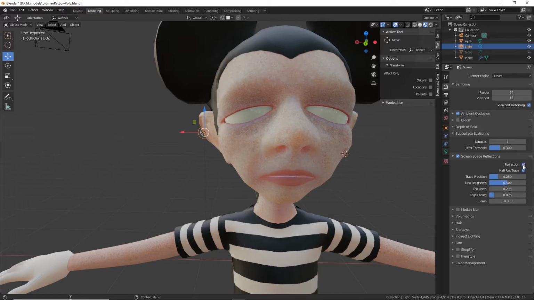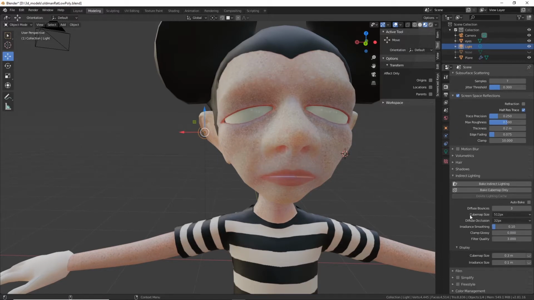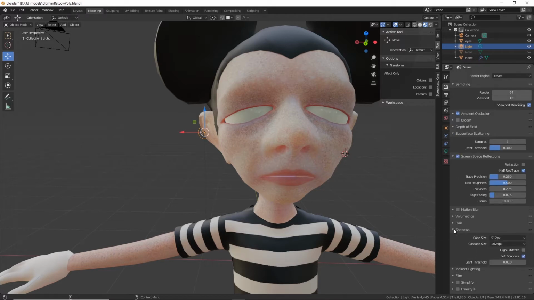No. It's not refraction. There was a setting. Let me look again. Could be that it's under